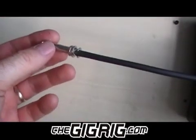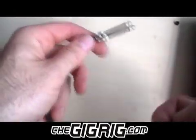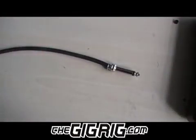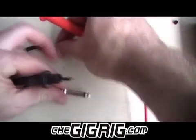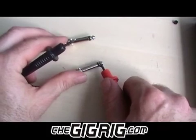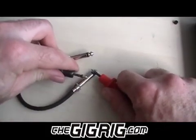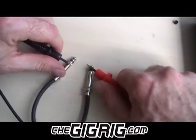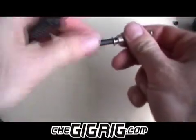Okay, so before I put the little screw caps on the end, I'm going to test it. Now the reason I'm going to test it in this state is that if there is a problem, I can fix it. It's a bit late once you've screwed the caps on. So I'm going to quickly test for a short circuit across the ground, so now that's fine. And now test from end to end, that's fine, and then I'm going to test from shield to shield. Beautiful. All I need to do, bend that over,